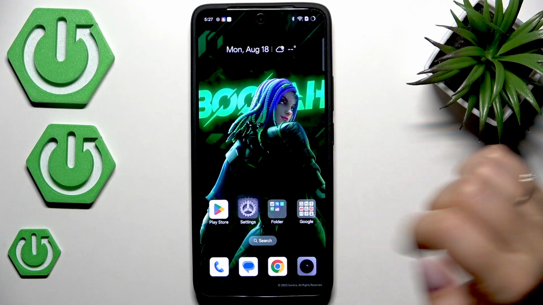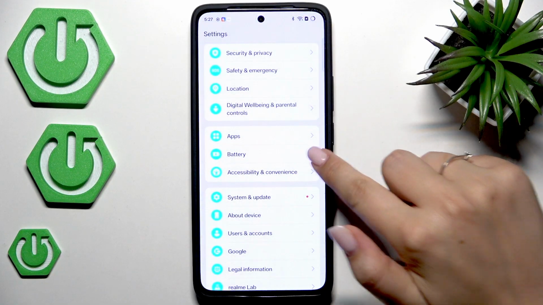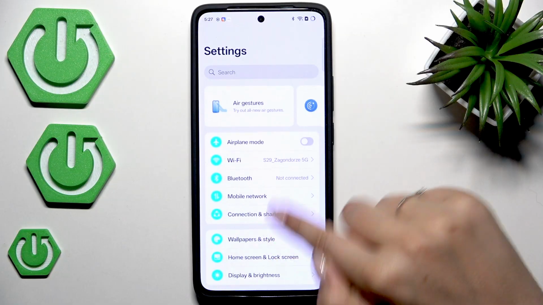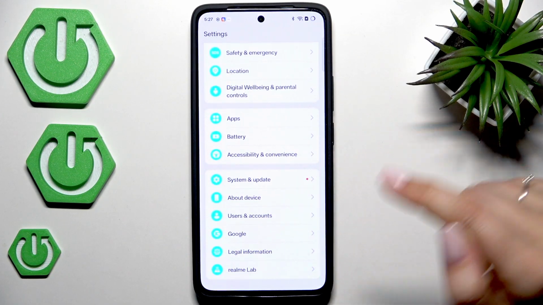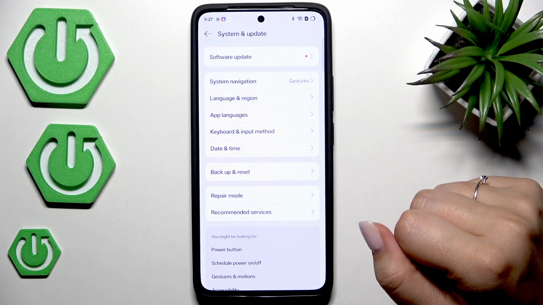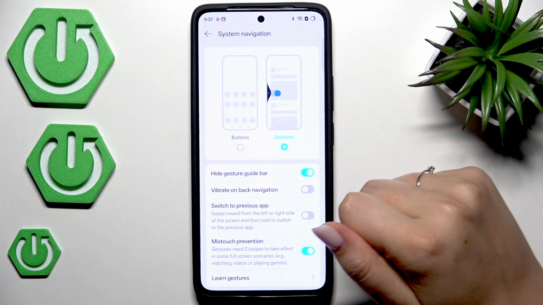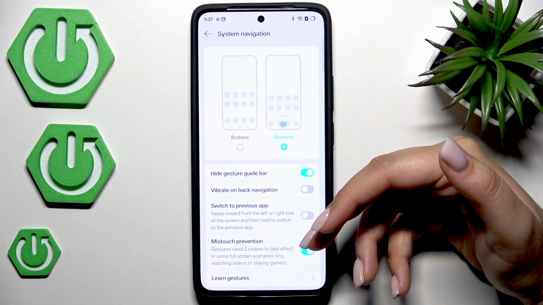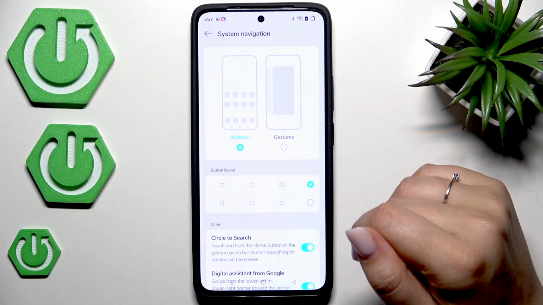So let's begin with opening the settings, and here we have to scroll down, all the way down actually, and go to System and Update. Then let's tap on System Navigation, and of course I've got gestures applied right now, but let me quickly switch